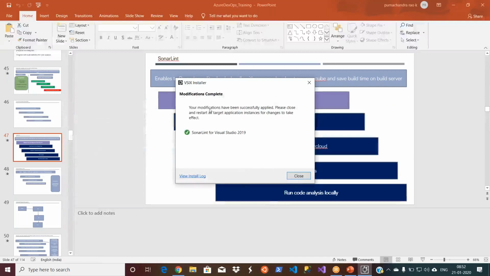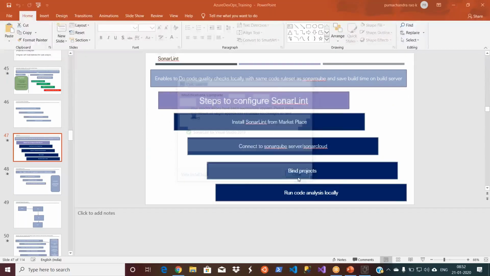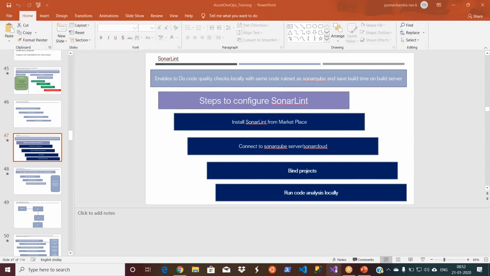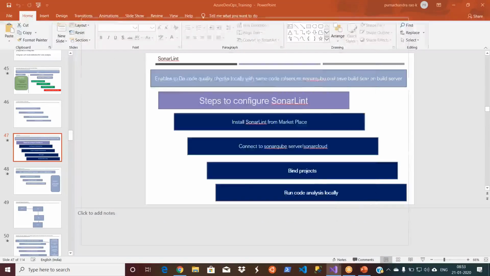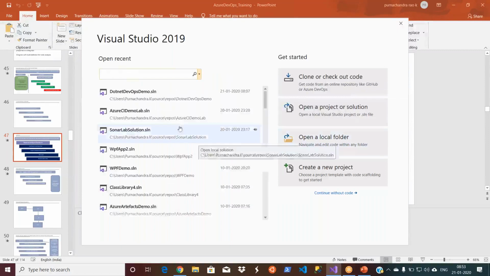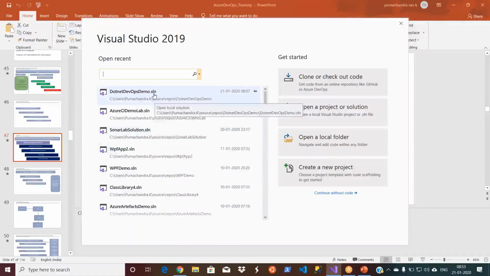Okay, my extension is installed. Let's open Visual Studio again. This is not only for Sonar Lint. If you install any extension from Visual Studio, it will ask you to restart because it makes so many changes in the background. So let's open our .NET DevOps.